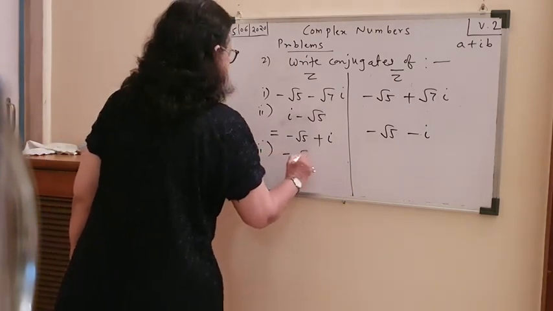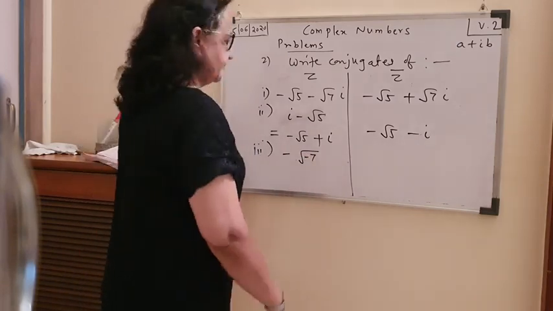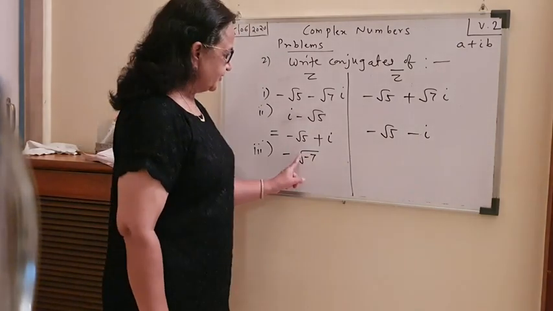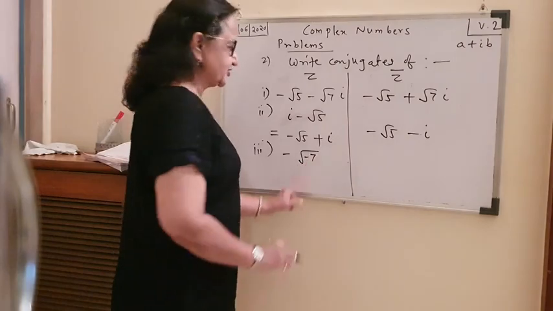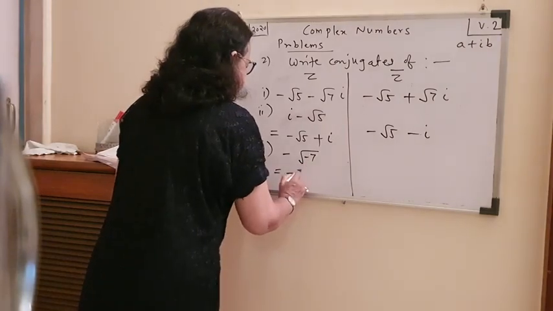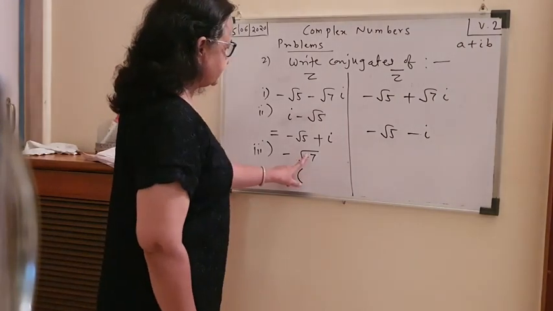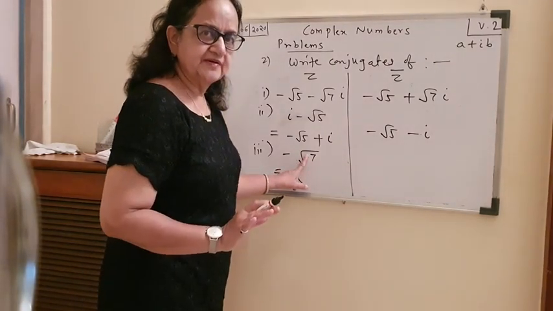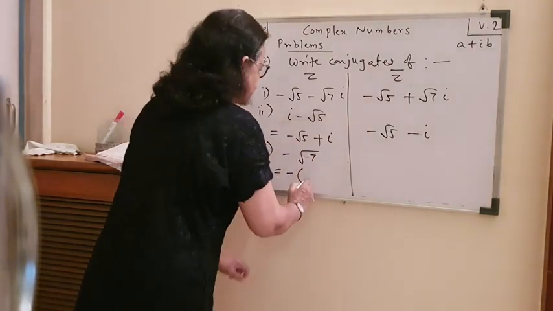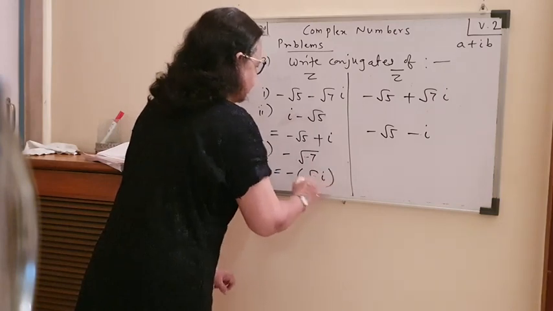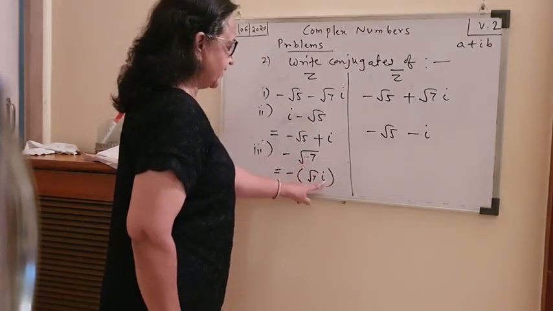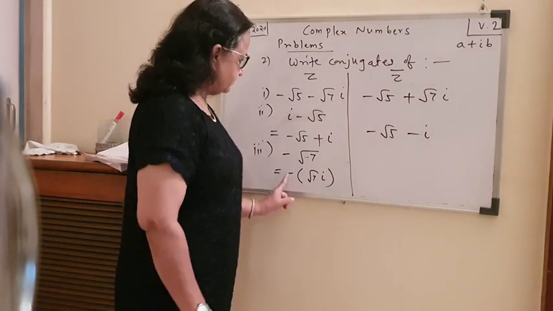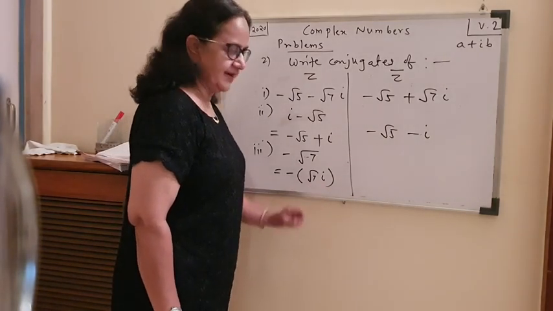Minus of under root minus 7. Now under root, a negative number is i. So this minus sign stays outside, and now forget this minus sign for a while. 7 is not a perfect square, so we take the square root, root 7, and attach i for this minus sign. So your number is minus root 7 i.